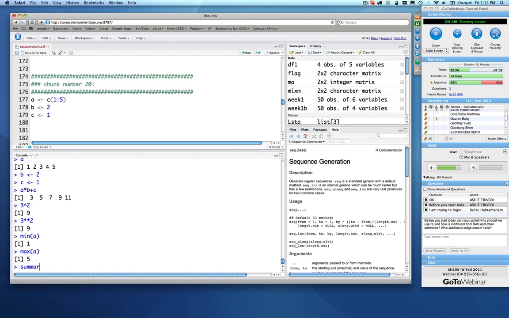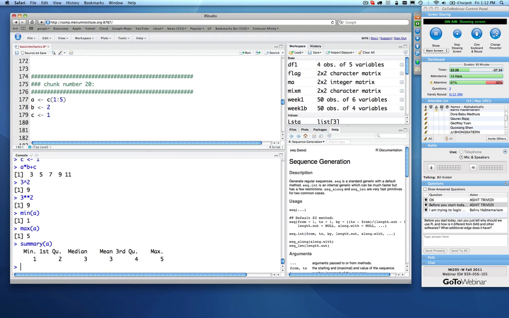There's a function called summary. And that gives you a whole slew of answers. So it gives you the min, the median, the mean, the third quartile, the max. In this case, it's not a very informative summary to use. It's only 5 values. But you can envision, and I'll show you an example later on in the class, where